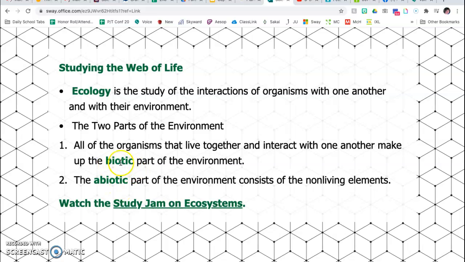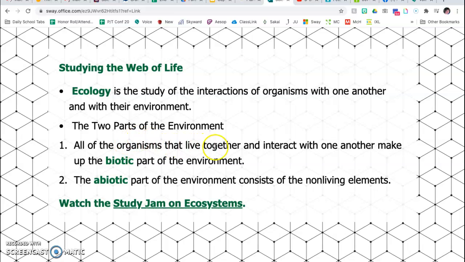So biotic, let's think about the prefix bio. Bio means life. So biology is the study of living things. So if bio means life, biotic